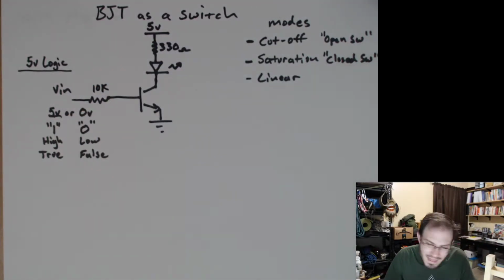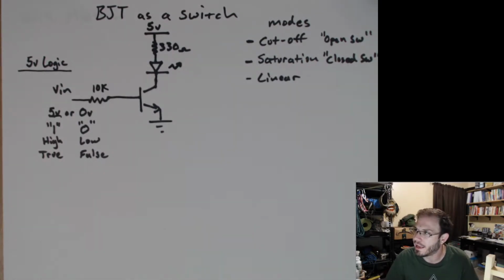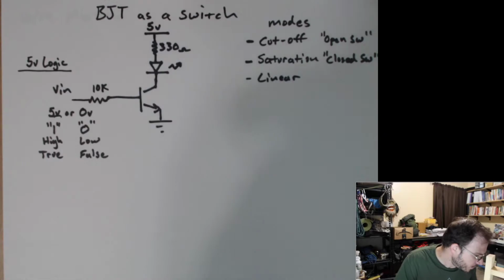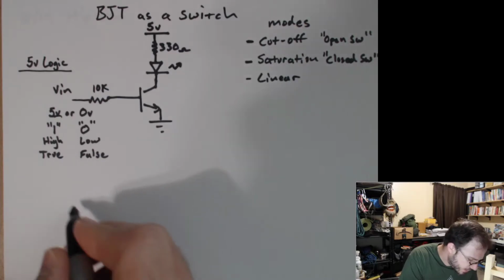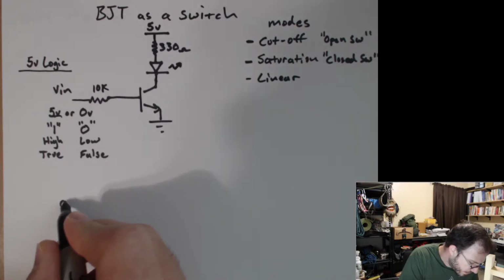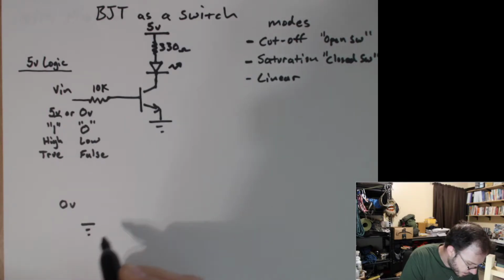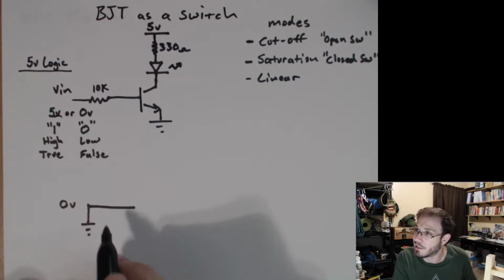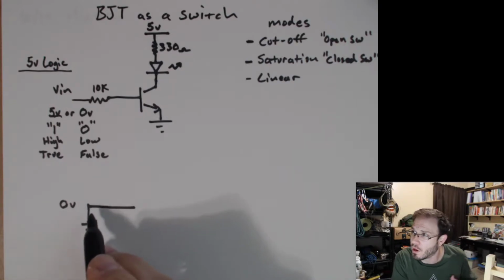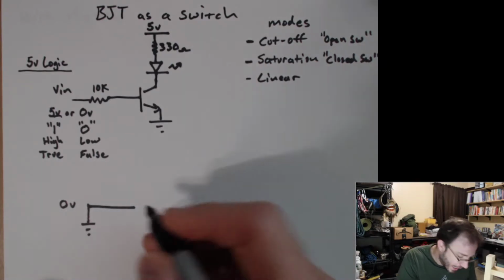Okay, so let's analyze this first under the situation where we have 0 volts applied to the input. So our microcontroller is outputting a logic level low. So let's redraw this as though we have 0 volts, or you can also think of this as being directly tied to ground. If we're applying 0 volts, whether our microcontroller is doing it or we just hardwired this to ground, it's the same thing. We have 0 volts applied to the input